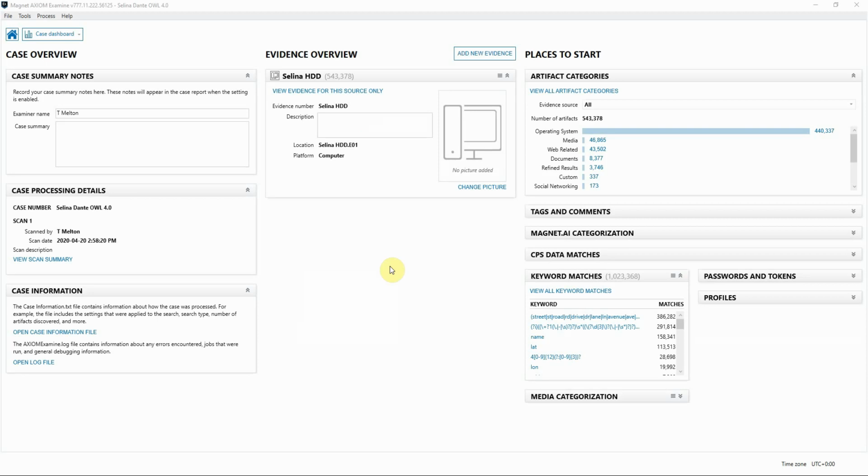In this latest huge release of AXIOM 4.0, we've completely revamped the way you can export your artifact hits from AXIOM to hopefully save you time when reporting on your findings. I'll show you what that looks like, so I'm going to switch over to the artifacts view